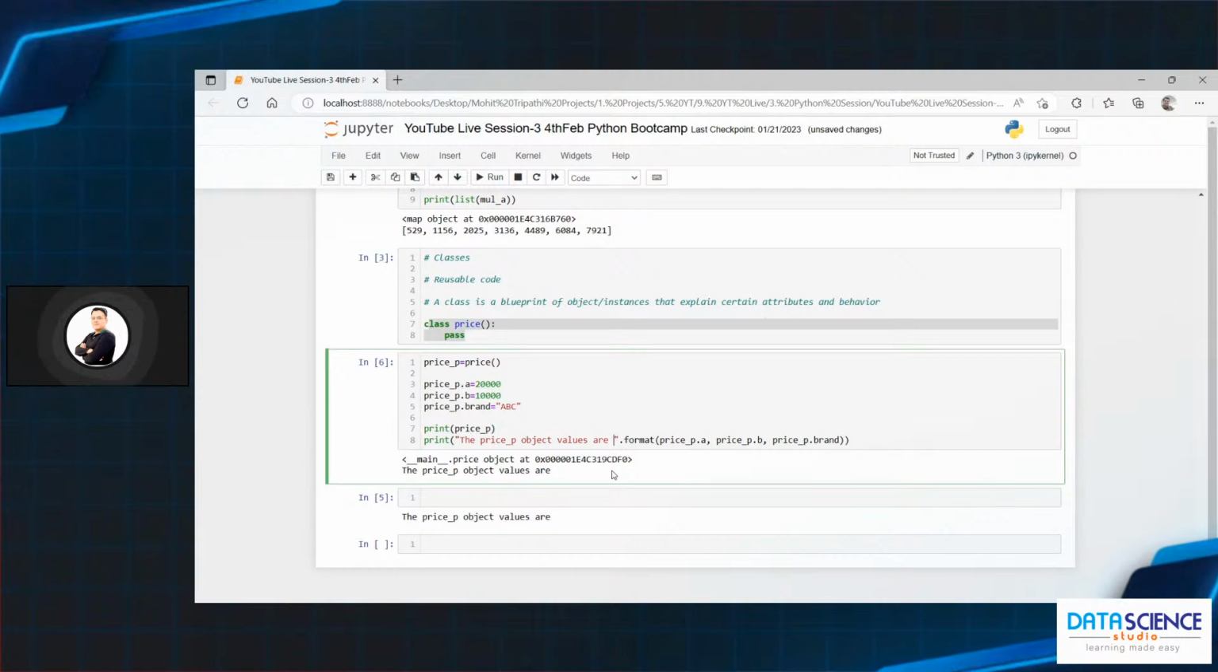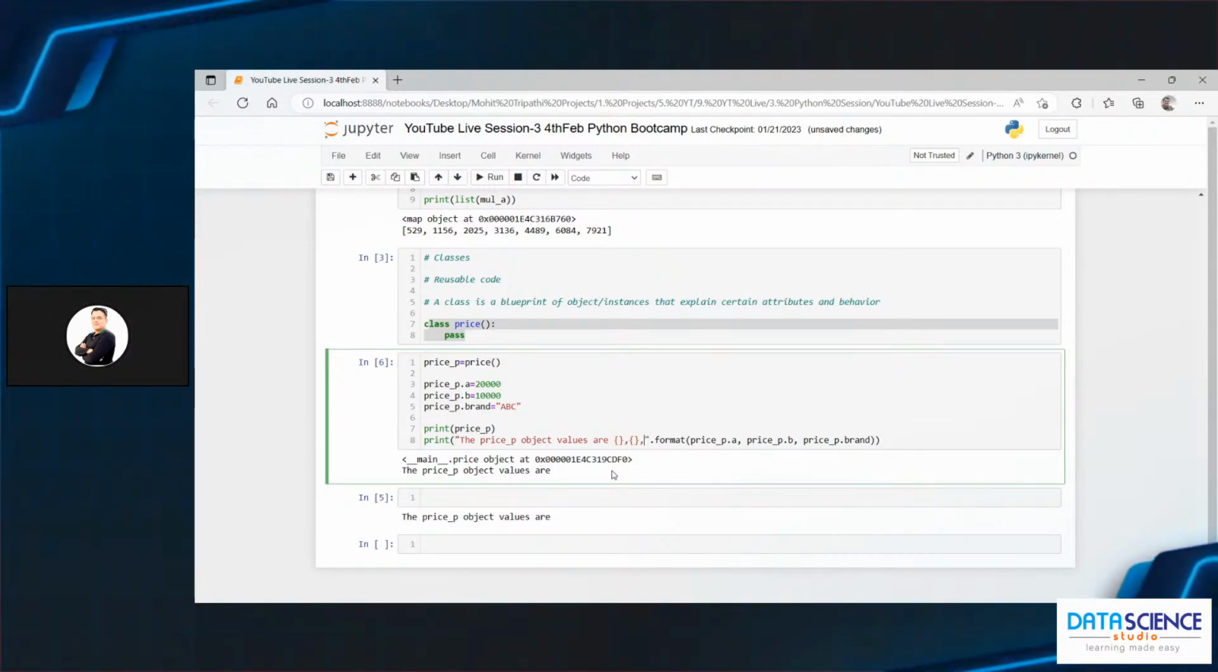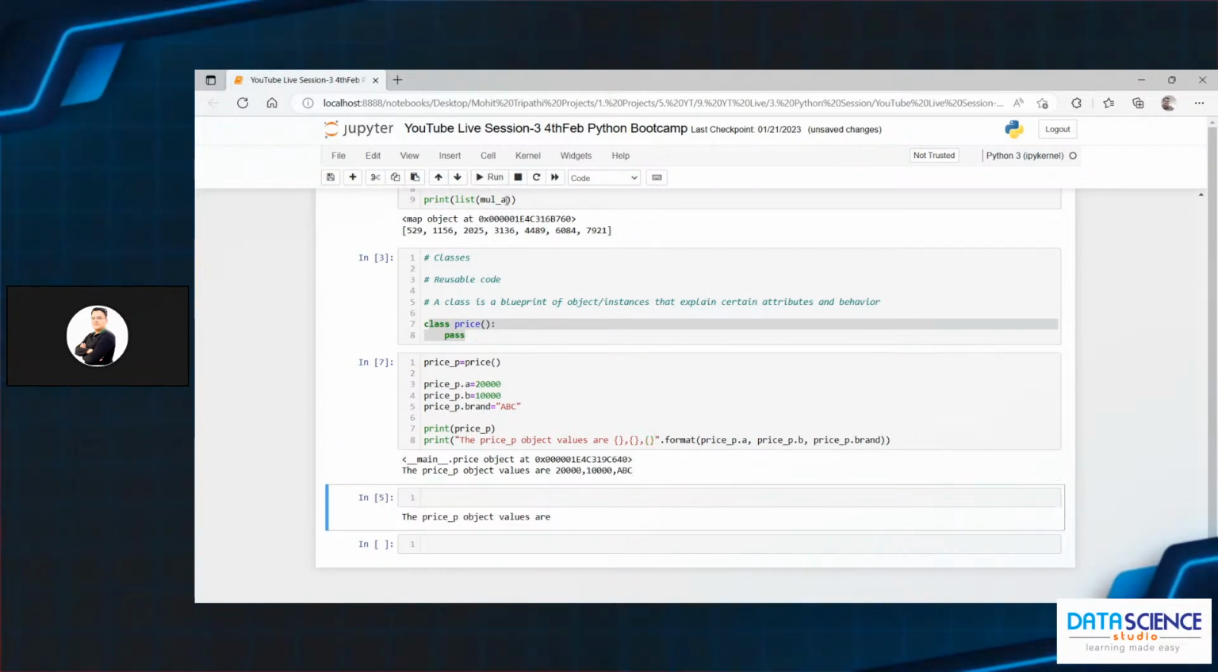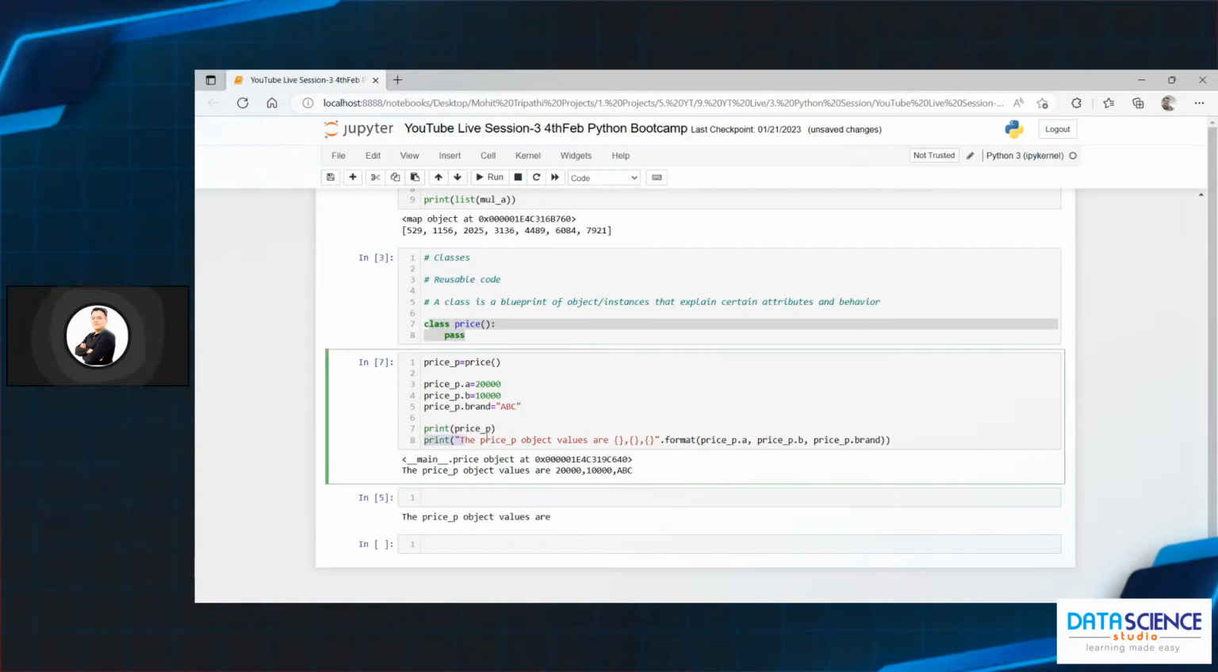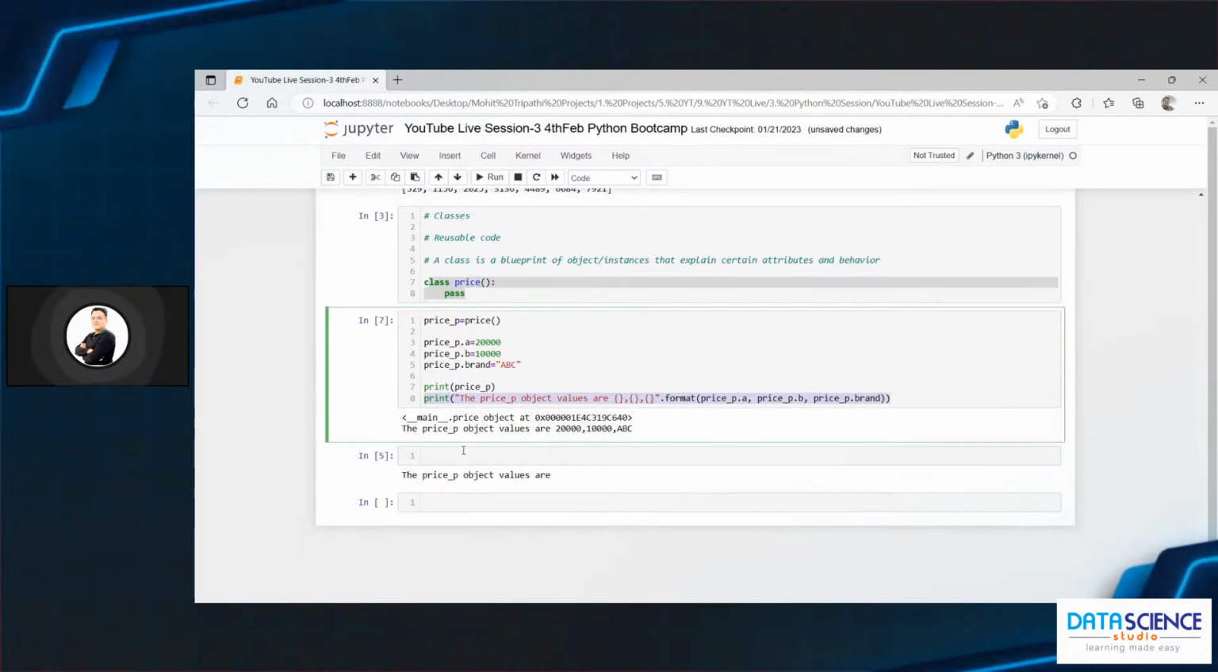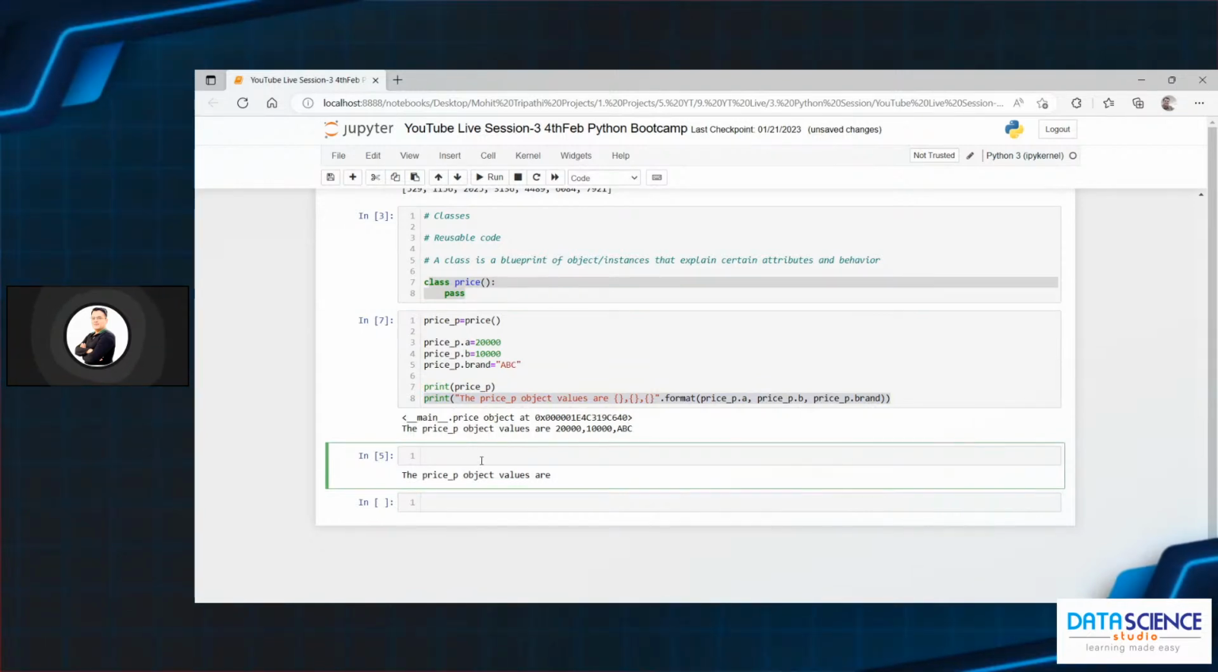We have to give the placeholder. Like this, you can create one instance. I have created one instance of the class. Similarly, you can create another instance of the class. So now you can create